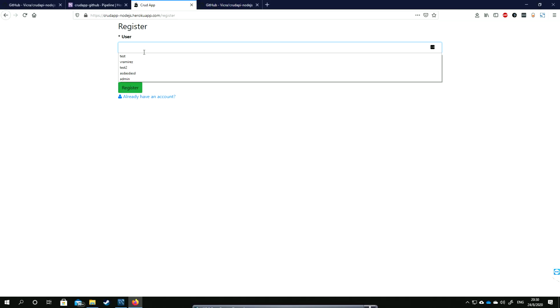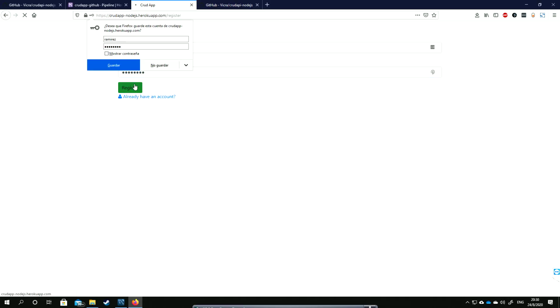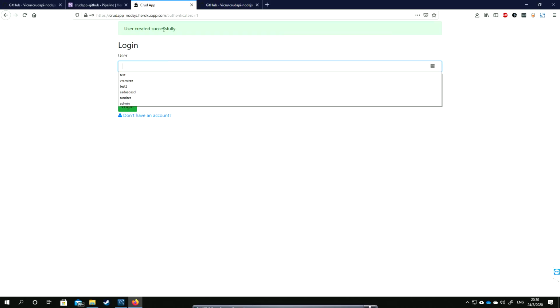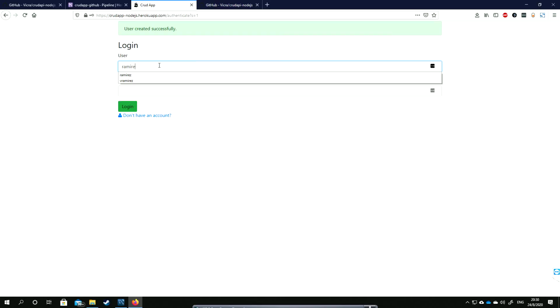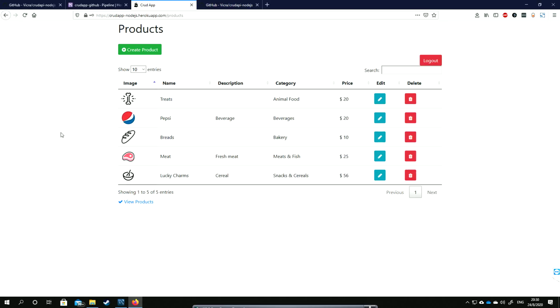So now I'm going to create a user here, and we're going to create a password. So it says the user has been created successfully. Now I'm going to log in. Okay, so now I am able to log in, and it redirects to the products view, the products administrator,